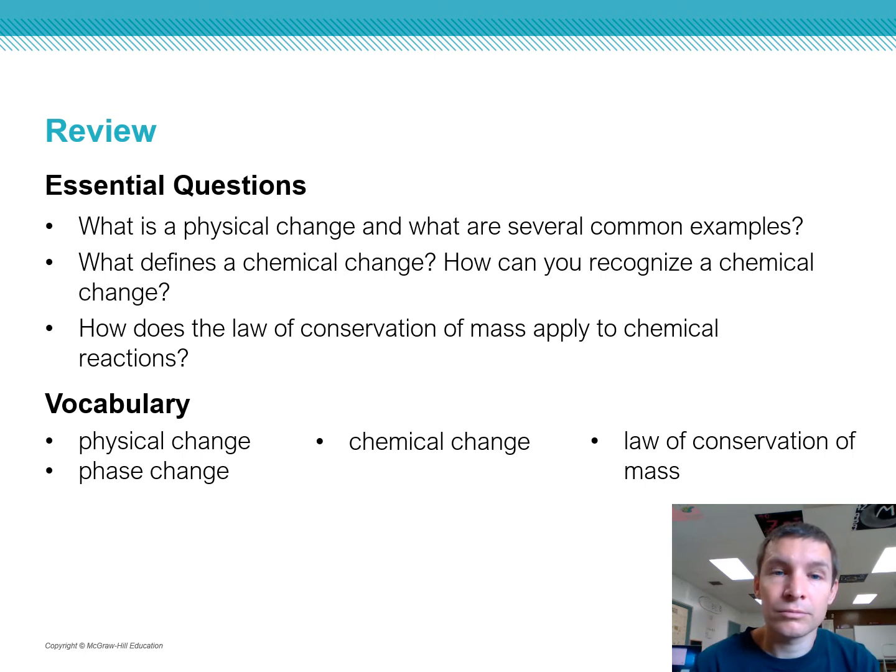What defines the chemical change? Well, that's right. Chemical change is any change where it changes the composition of the substance. So it changes into a new substance. How can you recognize these chemical changes? Well, you can recognize them by the new products they produce. There's also some other things that this didn't mention that I would be remiss to not mention here. If it gives off light, write that down, by the way. If it suddenly heats up or cools down on its own without you introducing that energy from an outside source,